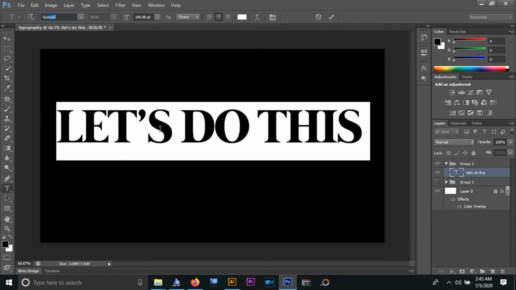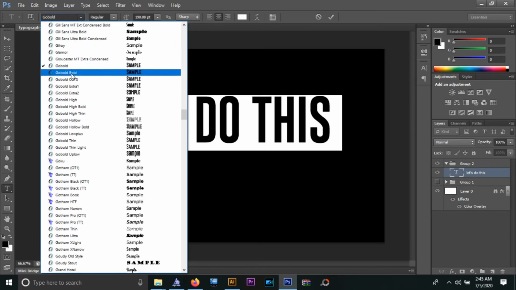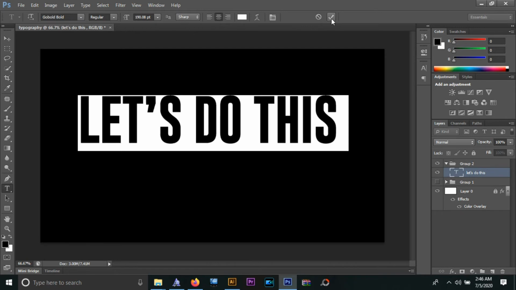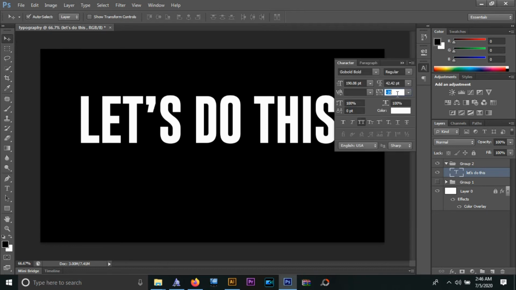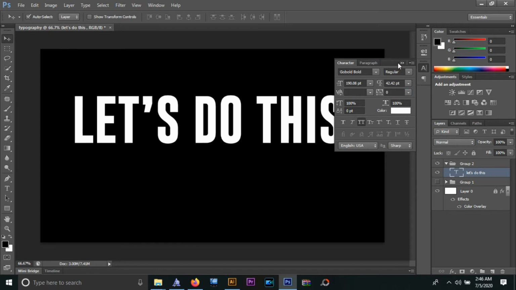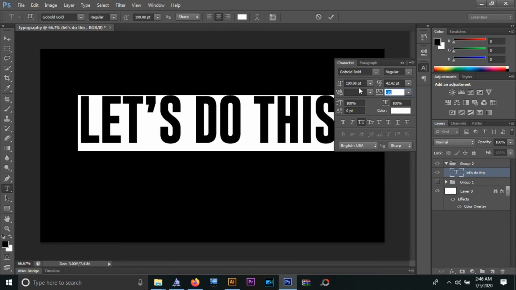So I've chosen this font, Kobold. It's a very nice font, and I have to decrease the kerning a bit. To put it simply, kerning is the space between two alphabets. Yeah, the end of one alphabet and the starting of the other one. The space between that is called a kerning. So I'm just going to decrease the numeric value here. I want it to be -20, and that's about right. So I'm going to get started with the rest of the work.